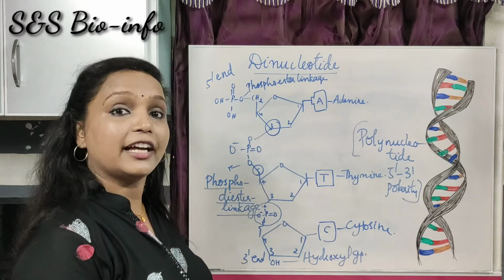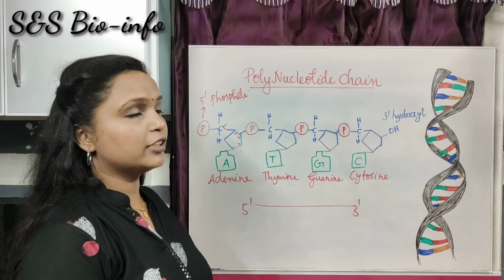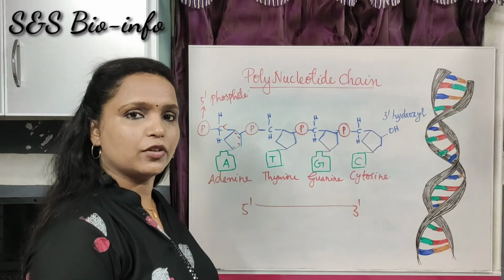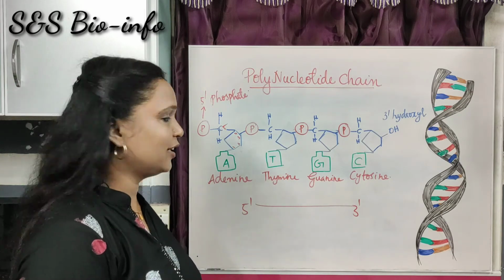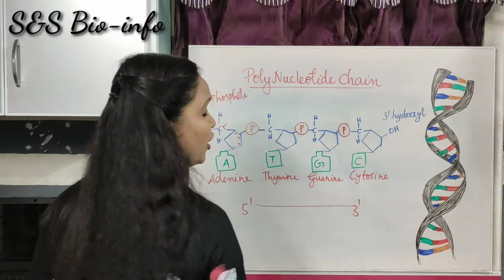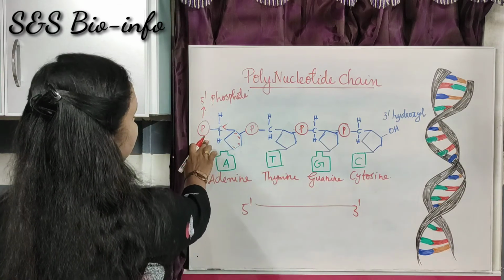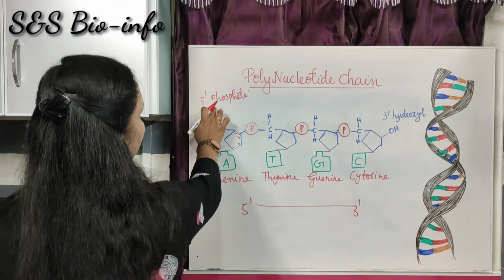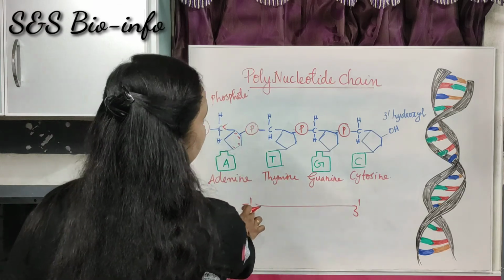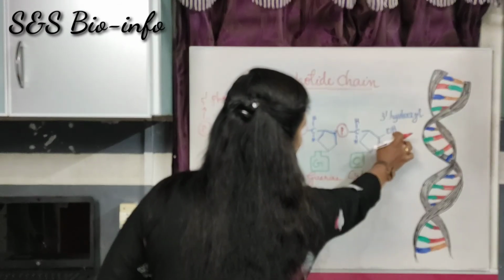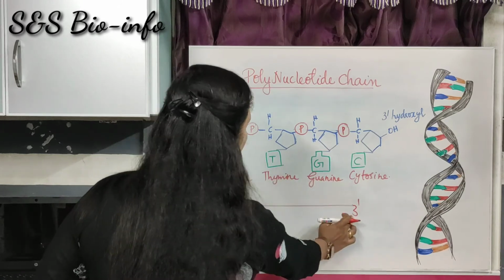Next, let's observe the diagrammatic representation of a polynucleotide chain. Look at the figure. This is the diagrammatic representation of a polynucleotide chain. This is actually a cartoon figure of the polynucleotide chain. This is a single-stranded chain with the 5' to 3' polarity. So look at the figure. Here you can see a free phosphate group at the 5' end. That is why the polarity begins from 5'. And at the end there is a free hydroxyl group. That's why 3' polarity. So the polarity of this strand is 5' to 3'.